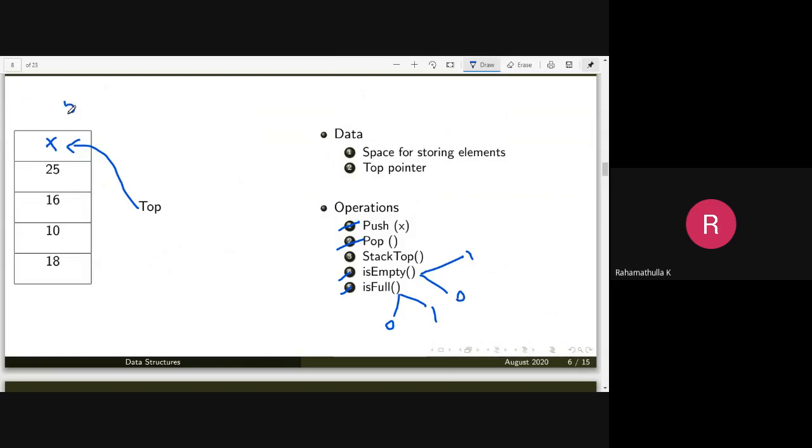You have a size associated with the stack. For example, in this case it is 5. So if the top is pointing to size minus 1, 5 minus 1, this is the 0th value. Top can point to these values: -1, 0, 1, 2, 3, and 4. So if the top is pointing to size minus 1, 5 minus 1 equal to 4, we can say that